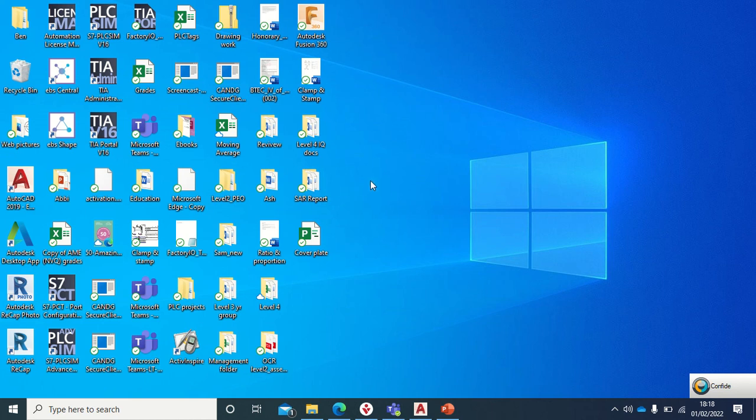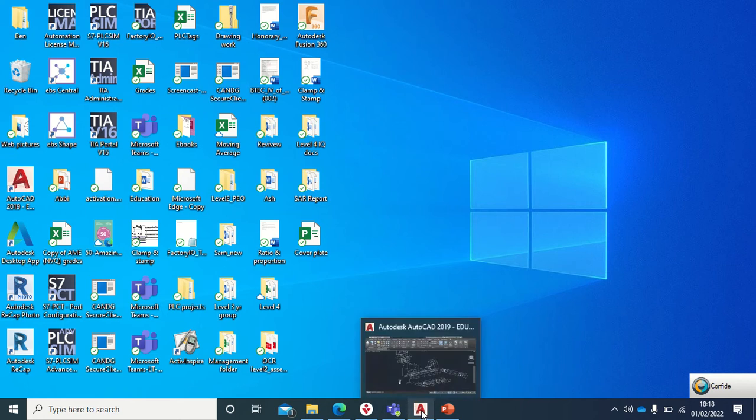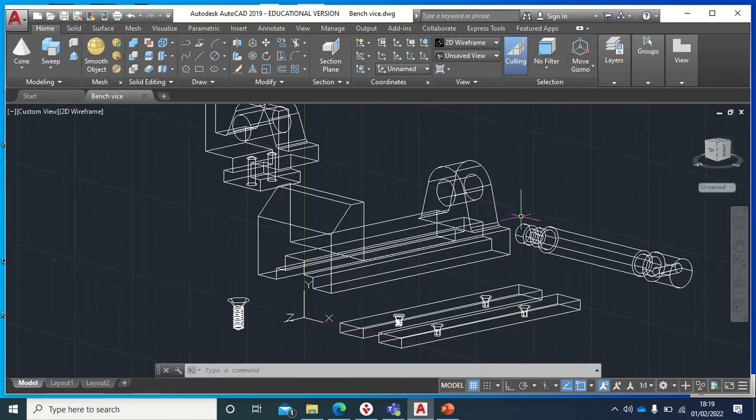Hello everyone. Today I want us to look at some of the techniques that you will use when you are to draw a component using AutoCAD. What I mean here is a 3D component. So I have this